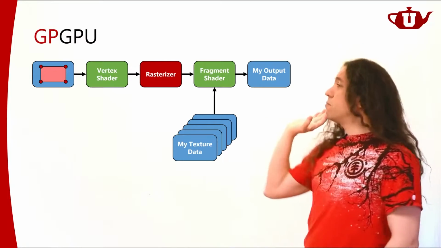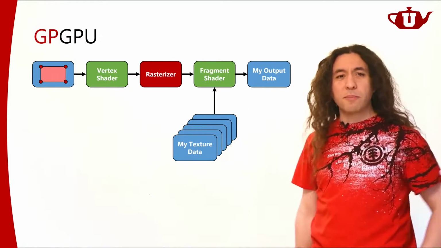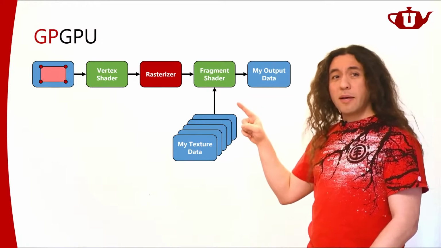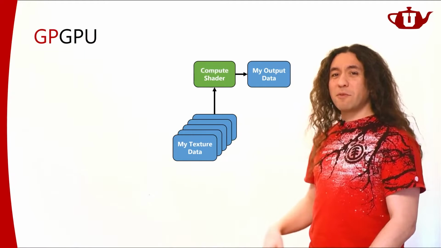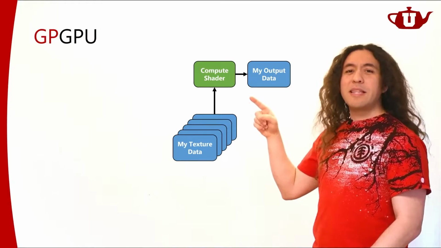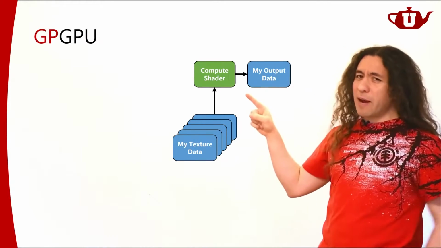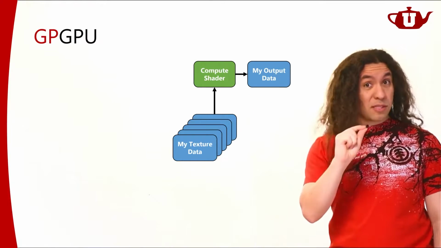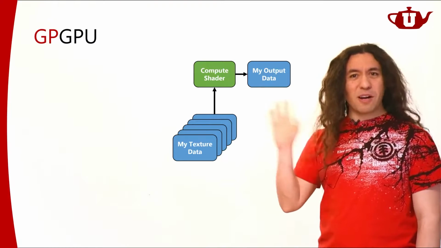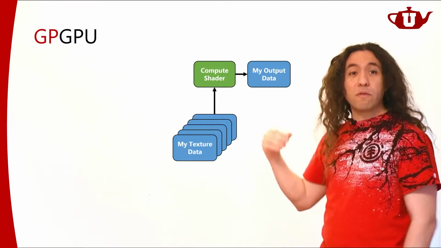We got rid of all of the graphics pipeline stuff that was completely unnecessary for general purpose computation on the GPU. And we started here, sort of. By getting rid of all this stuff, we ended up with a compute shader here. That's a way of thinking about compute shader. Compute shader is not a fragment shader. Fragment shaders are very specific. They have a very specific job, very specific input, very specific output. Compute shaders are different, but it's a good way of thinking about how they evolved.